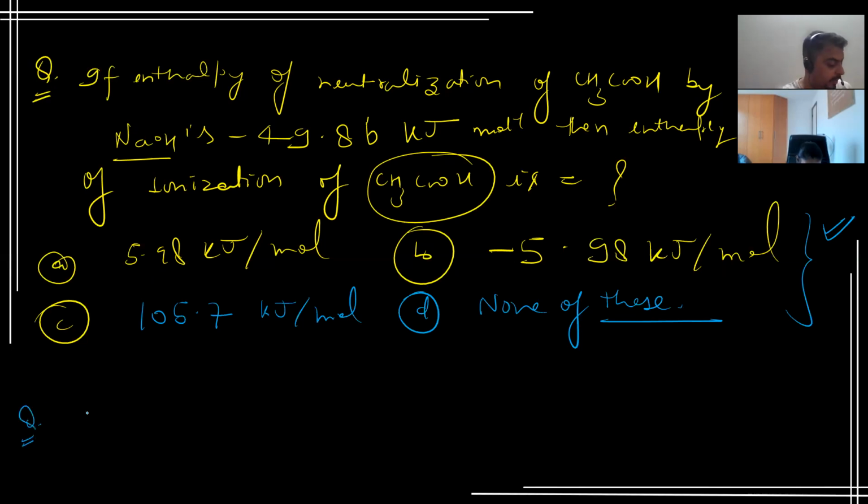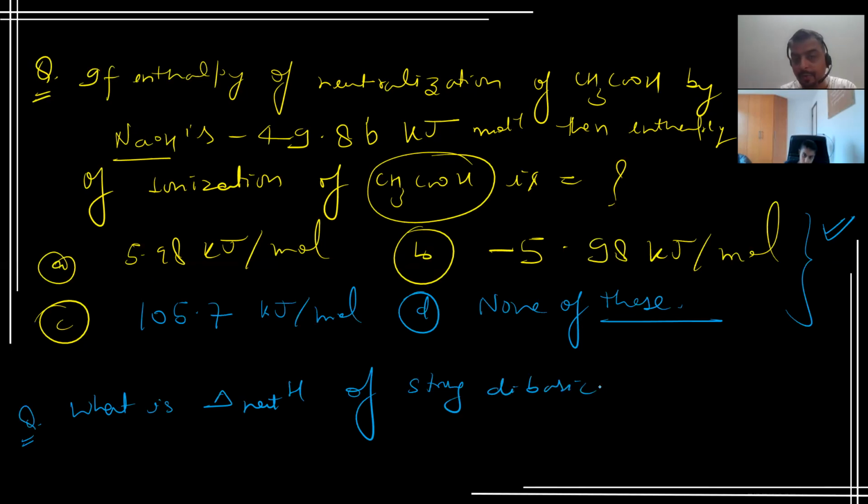And the second question I'm writing here, first you do this. What is the neutralization enthalpy of a strong dibasic acid? That is the second question. You have to figure out the answer for this. Second question I'm writing, so you can do all the questions simultaneously. Dibasic base A(OH)2 by HNO3. ठीक है?